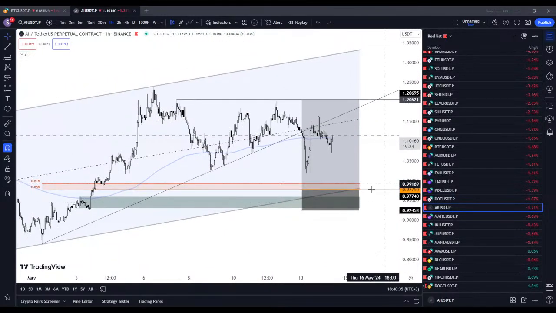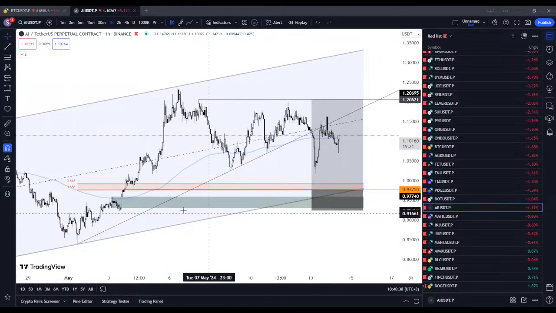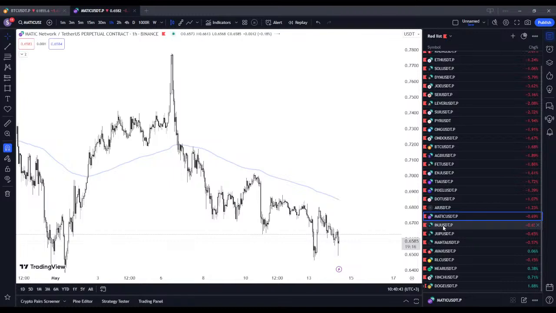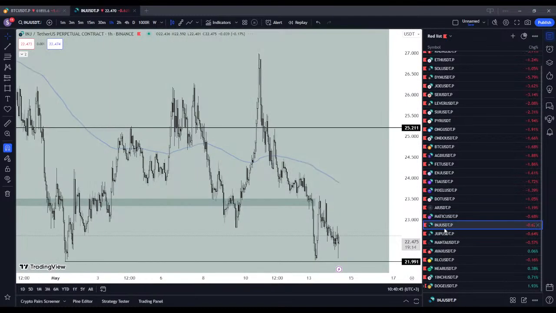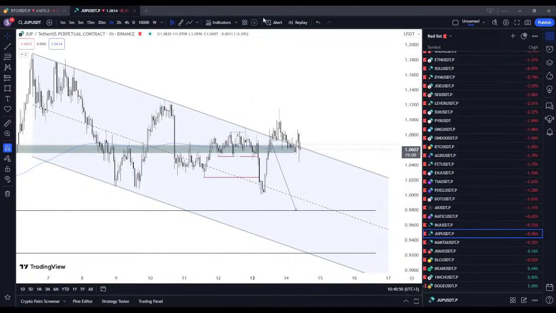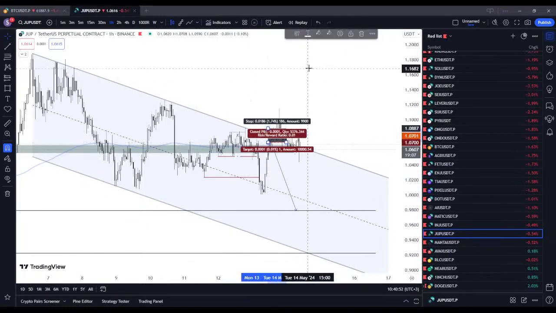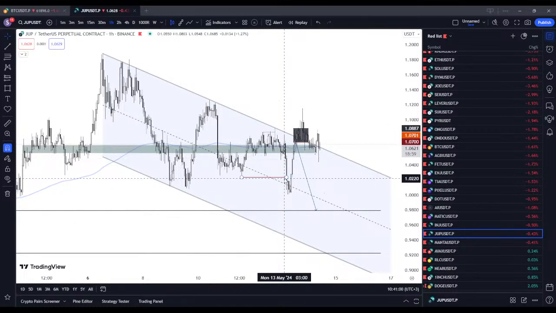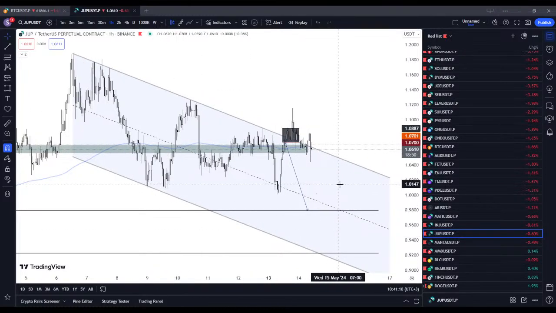AI, well, I'm looking for a long on it. I need to wait quite a lot of time until I get my entry, but it's a nice one if I get my entry. Jupiter, well, I was stopped out. Oh, -1 hour on this one. It is what it is. Looks like a range because the price doesn't care about market structure shift too much. You can have a deviation here. You can see price trading back inside the channel.